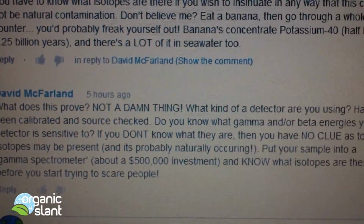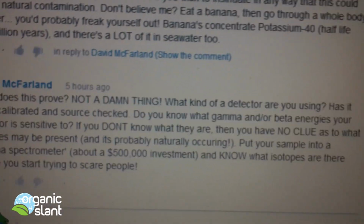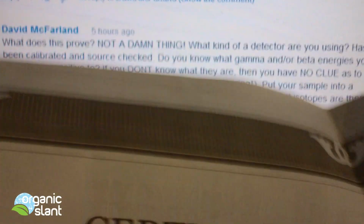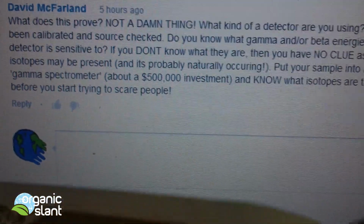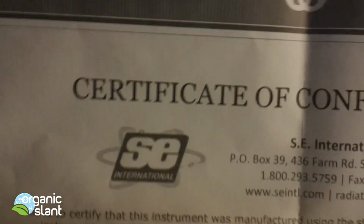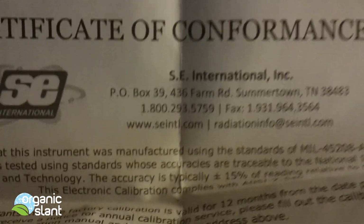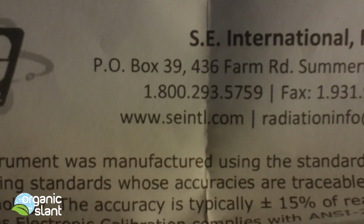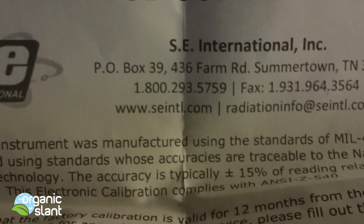What kind of detector are you using? Well, it's an SE International, and it says, has it been calibrated and source checked? Well, actually, I bought it brand new, and yes, it was. Here's the certificate of conformance by SE International. This was bought brand new,